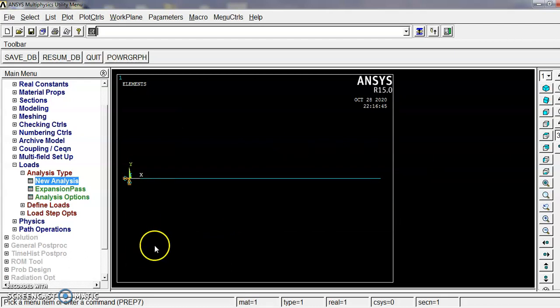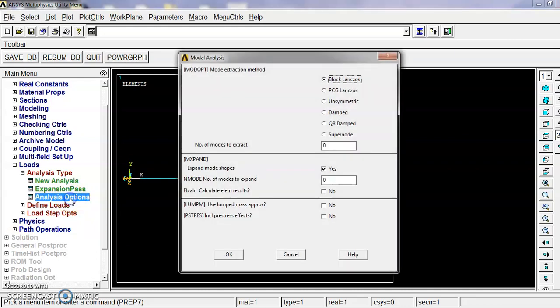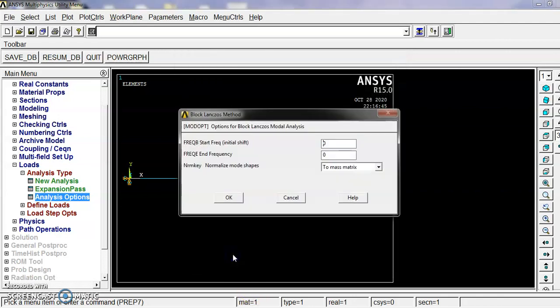After selecting the modal analysis, you wanted to give the load steps and frequency ranges, right? Analysis option, go for analysis option. You can select the Block Lanczos method, because it can be discretized in a better way and it will give a result with better accuracy. So that is why we are selecting the Block Lanczos method. Number of modes, I wanted to extract 3 modes, right? You can write n number of modes, but practically I wanted to explain 3 modes. It is enough to explain 3 modes, right? I have selected 3 modes, give OK.